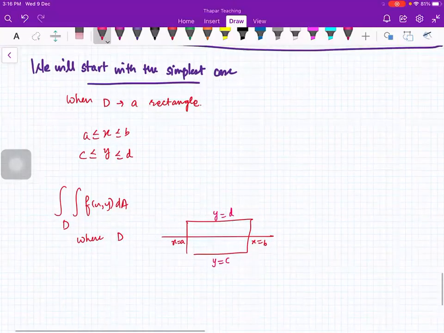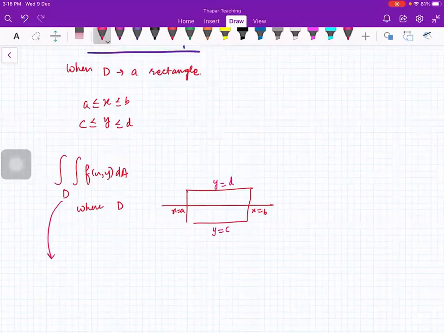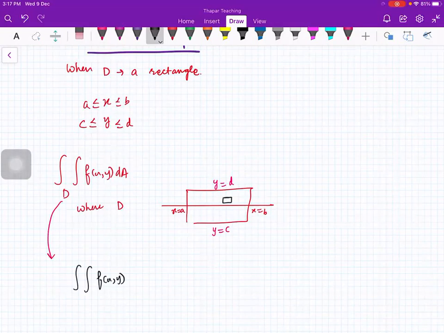In that case, we can write our integral like this: f(x,y), and the small area dA, because everything is rectangular, will be equal to dx into dy. Can you see? Yes. Right? Because everything is rectangular, there is no curve involved. So in that case, your dA will be dx dy, right? And this is in fact always true. We always make rectangular small regions and then we multiply with the height. So dA is dx dy in Cartesian coordinates.